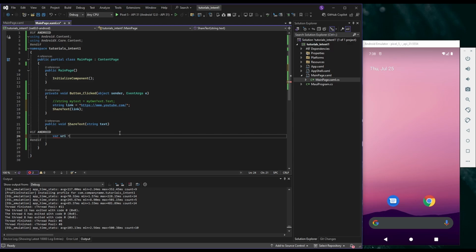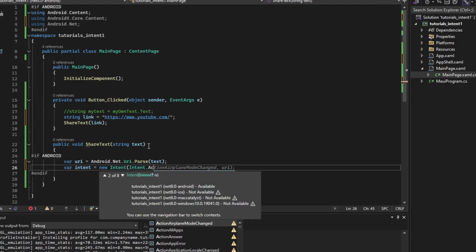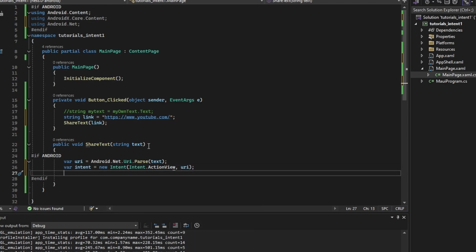Now, another simple example. Let's download a file from a specific address. Convert the provided URL string into a URI object. Create an intent with the action intent action view and attach the URI. Optional,